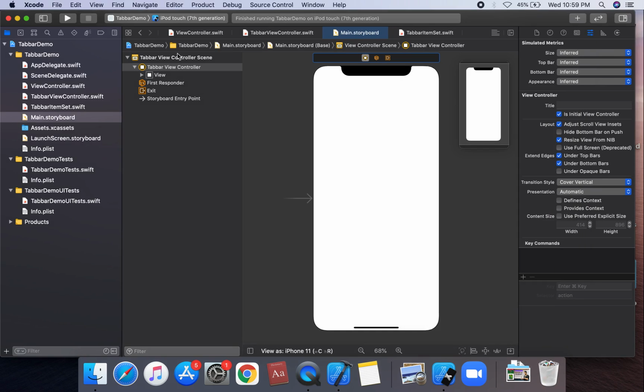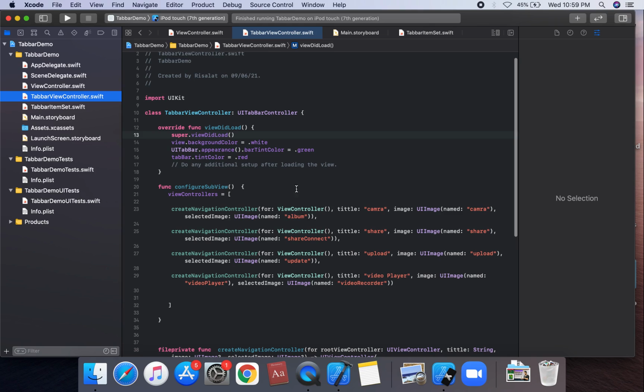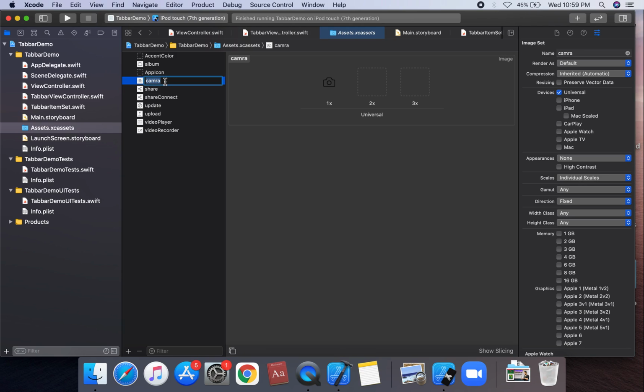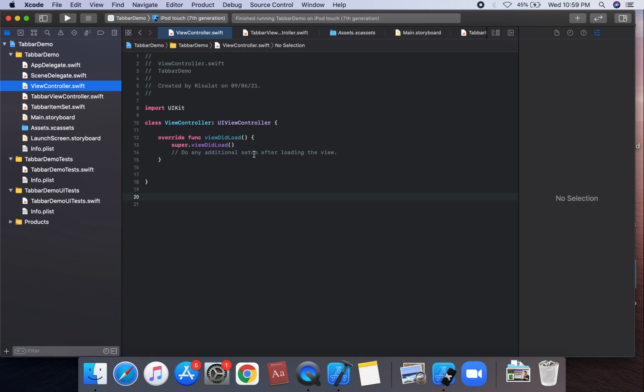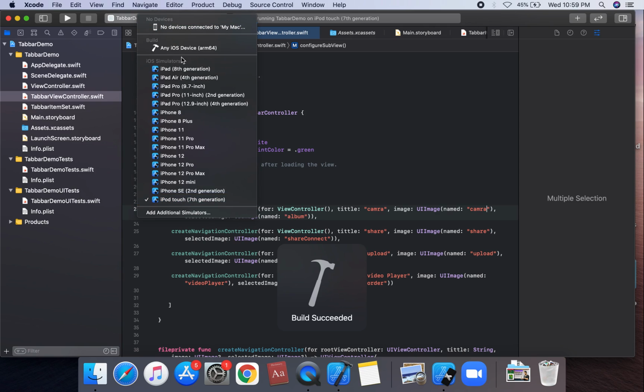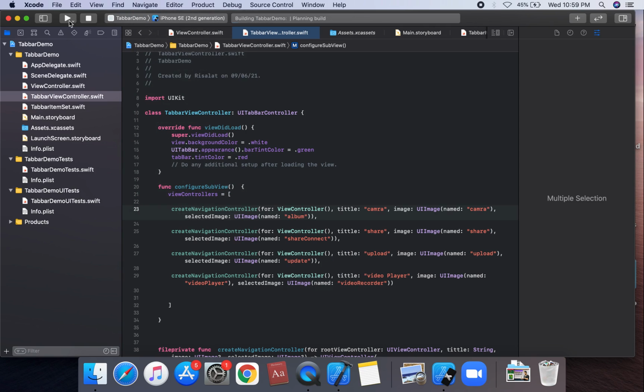So we can check on this issue. Suppose firstly is camera, and camera which image import, name is same name is camera, and tab bar view controller, title and camera. We're gonna run. Suppose which have check on this iPhone SE second generation. I run on this cached. And we can see the tab bar.